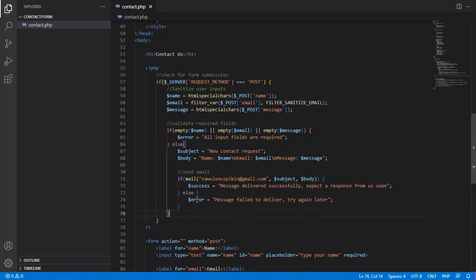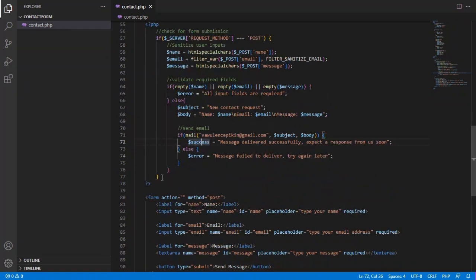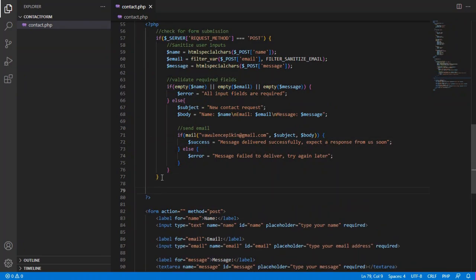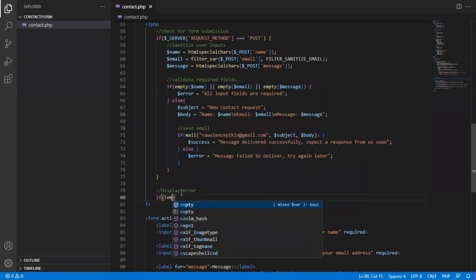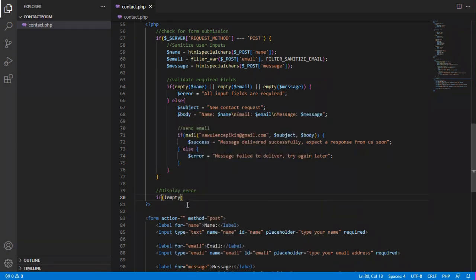The next thing we need to do is to find a way to display the error and success message since we assigned it a variable. So to do that, let's use an if statement: if error is not empty,